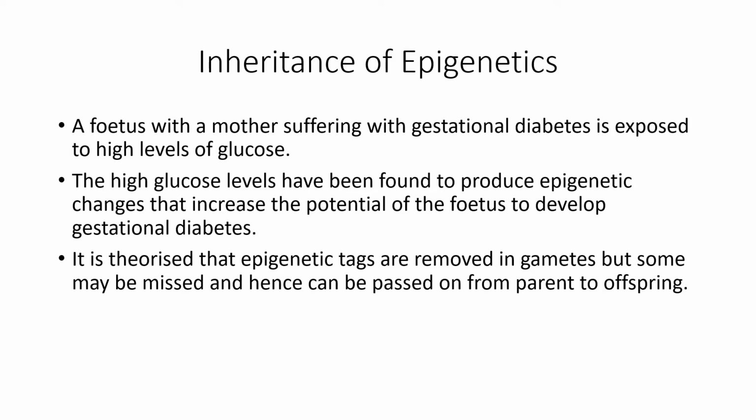There are numerous examples of where epigenetic markers have actually been passed on between parent and offspring. What should happen is these epigenetic markers should be removed in gamete formation, but for some reason some of them slip through the net, and as a consequence certain characteristics are passed on. Now that doesn't sound like much, but you have to remember that these epigenetic markers can be changed by their environment, and there are examples of where environmental responses have essentially been genetically learned by organisms and then passed on